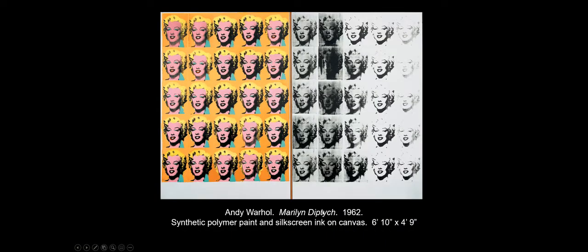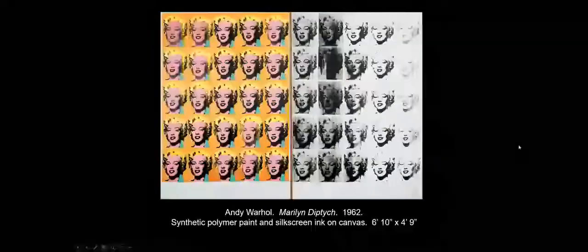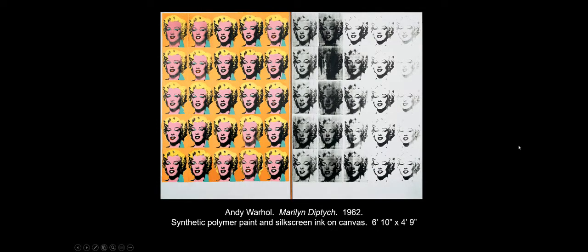The title is diptych. A diptych is usually a religious work of art, but in this case, the subject of the work of art isn't the Virgin Mary or some sort of goddess. It's Marilyn Monroe, a celebrity, an actress, sort of elevated to the status of a personal religious icon. And actually the idea of almost like a martyred saint being worshipped here. If you look at the date, this was done in 1962, just a few months after Marilyn Monroe's death.